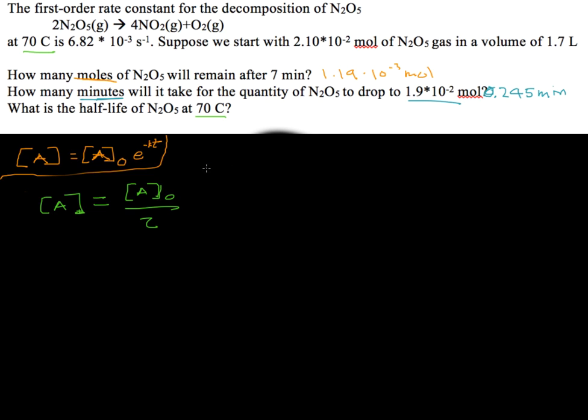And we have an initial concentration of, initial would be this one, 2.1 times 10 to the negative 2 moles. So we have 2.1 times 10 to the negative 2 moles divided by 2